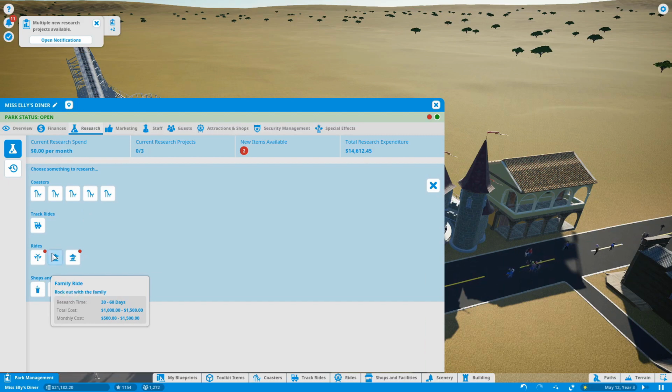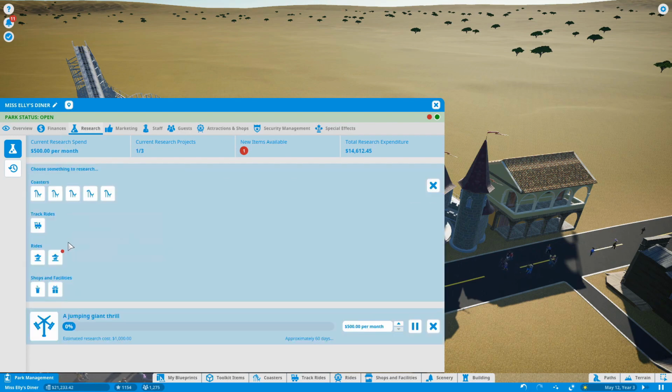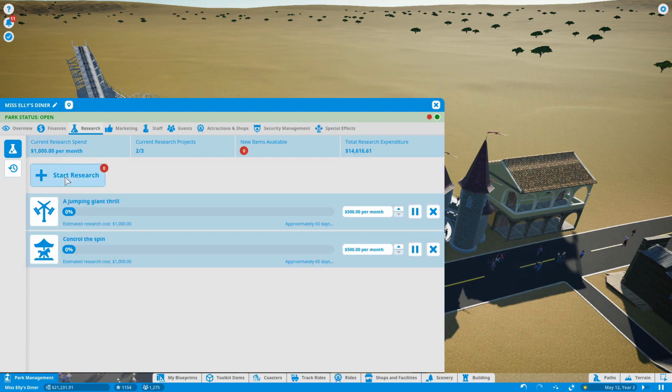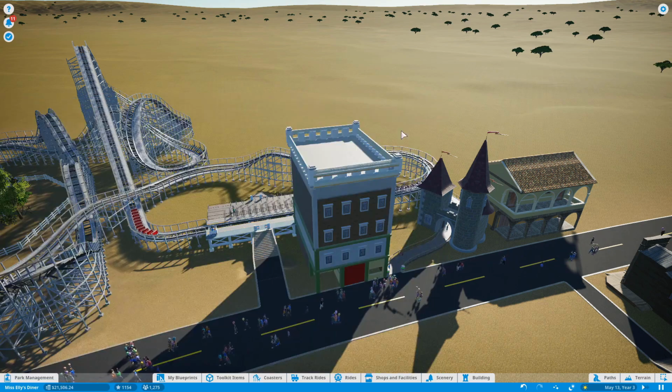Control the spin. Rock out with the family. A jumping giant thrill. That one seems fun. We will get this one. And let's do it back and forth. So